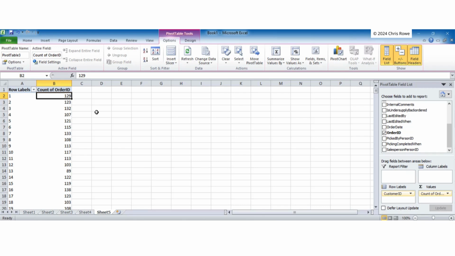That's how many they've ordered over 4 years. But what if we wanted to see how many each customer ordered over a specific date range? Well, we have got report filters, as you can see here. So let's go ahead, drag the order date down into report filter, and you'll see on the left your filters